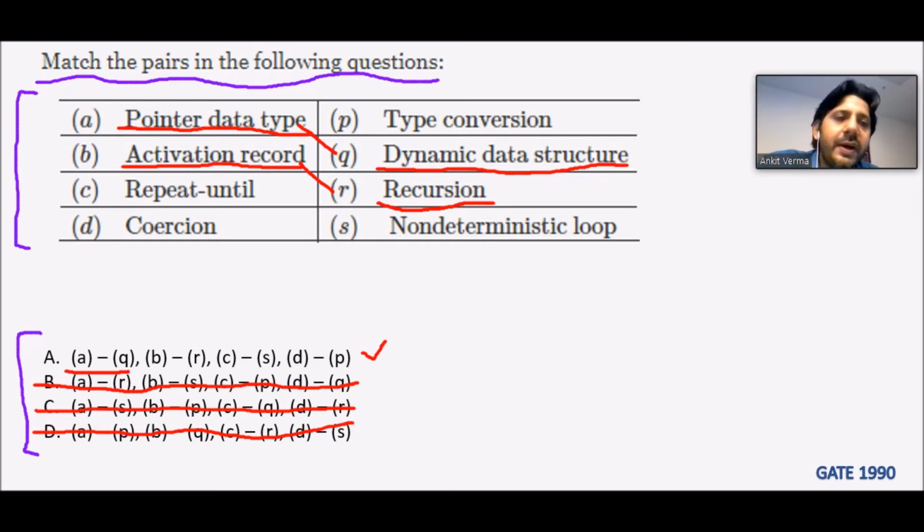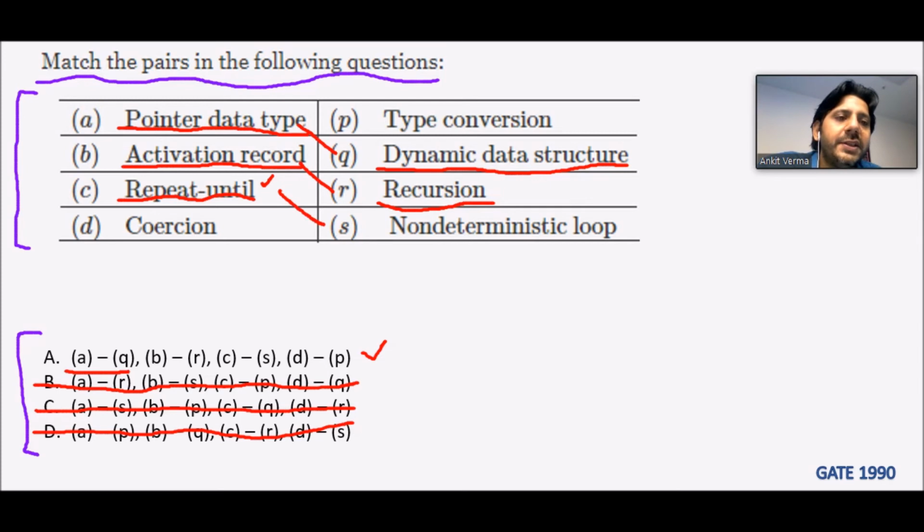The next one we are having is the repeat until. Well, this is a new one. Just like we are having the do loop, the while loop, the for loop, these all loops work for the true condition. So if I say I less than 10, for that the loop will work. But repeat until loop is the loop which works for the false conditions. And for those false conditions, the value becomes non-deterministic.